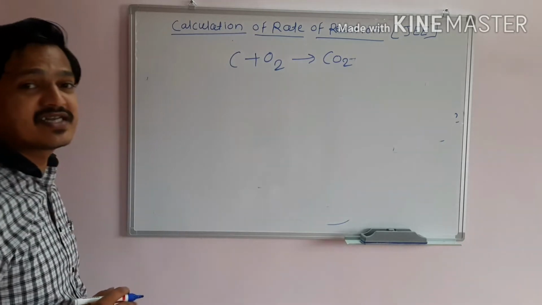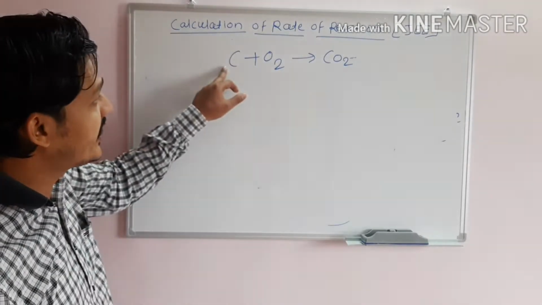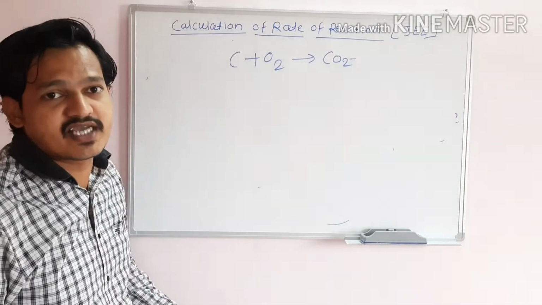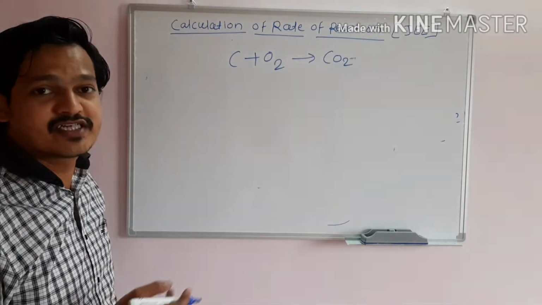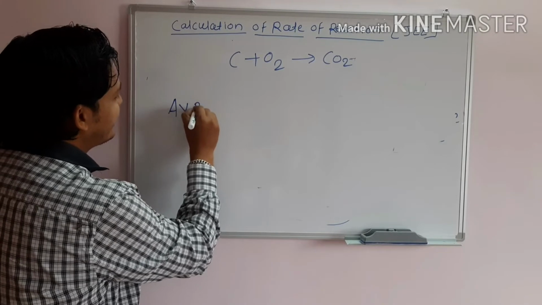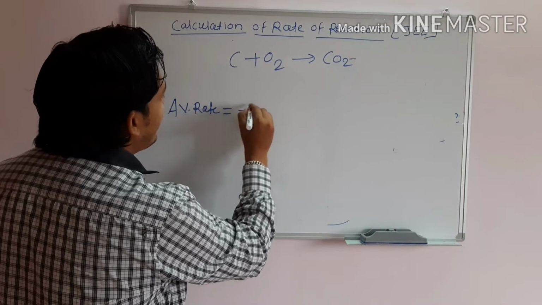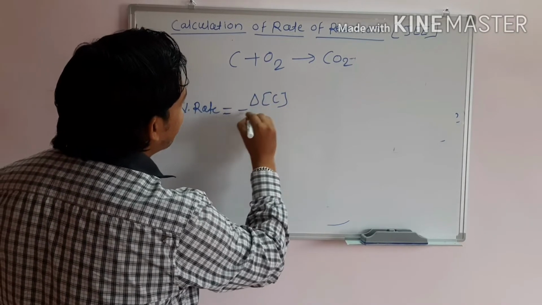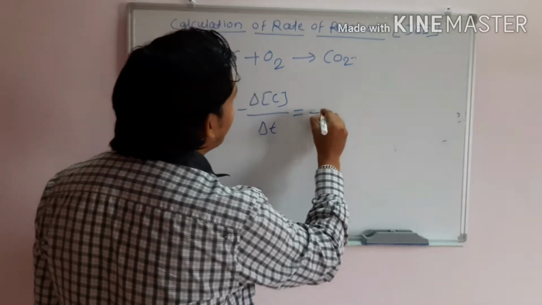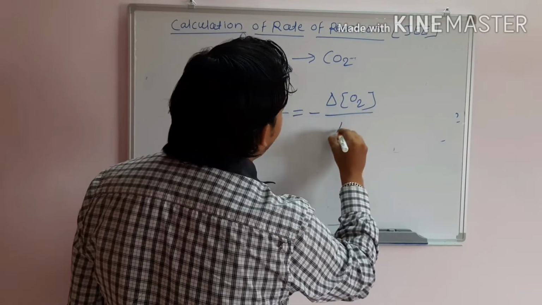So what is the average rate of reaction? Negative sign must be added to the reactant side and positive sign must be added to the product side. And then what is the average rate of chemical reaction? Average rate of chemical reaction is equal to minus delta C divided by delta T is equal to minus delta O2 divided by delta T